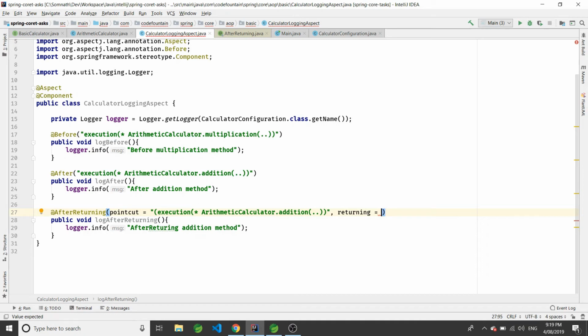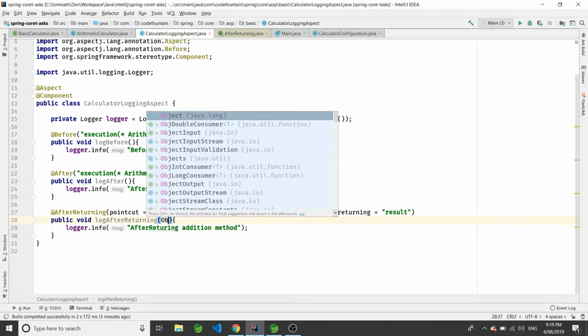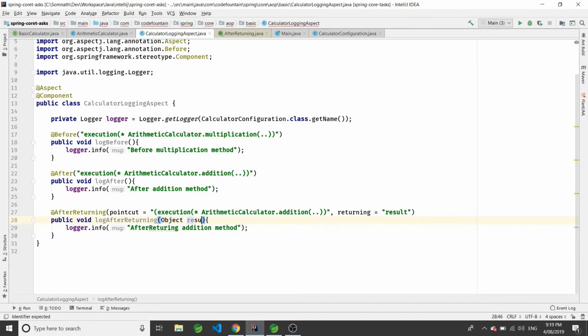So we can capture that in a variable here. So we have captured the returning result in the result variable, and that we have access to as a method argument, and we can use it in our method. So let's just print it out.